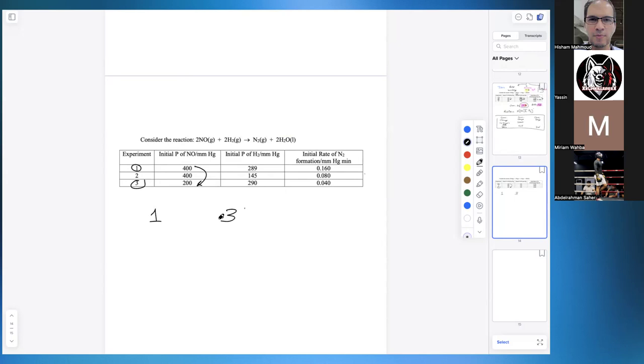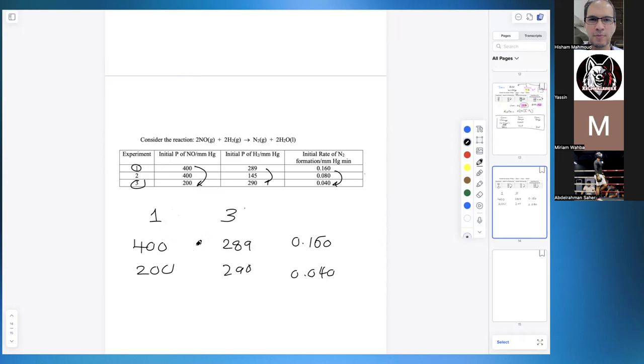When the concentration of NO was 400 and changed into 200, the concentration of H2 changed from 289 into 290, and the rate changed from 0.260 to 0.0440. Mr., what should I delete? What do I not want to look at now, Yasin? I don't want to look at H2. I don't need H2, I already found its rate law, right? I found its rate law. So now I need to know what happened when I changed the concentration of NO from 400 into